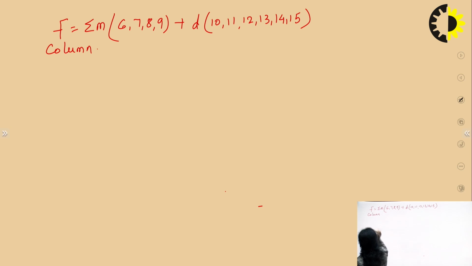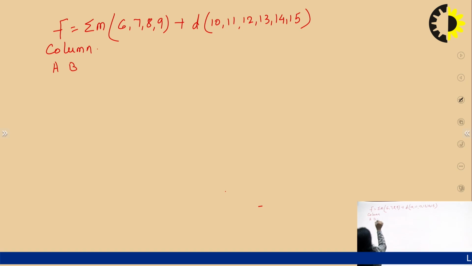In this case, first, initially the first column will be where I have to represent these min terms in terms of their binary representation. As we say the maximum min term is 15, to represent these binary min terms we require only 4 variables. So let's take 4 variables as A, B, C, D, and we will have to find